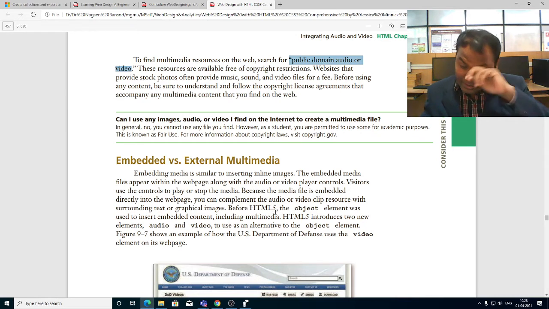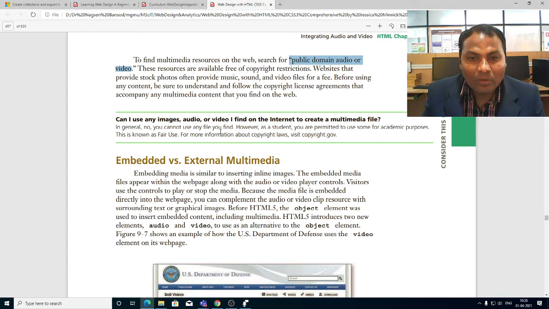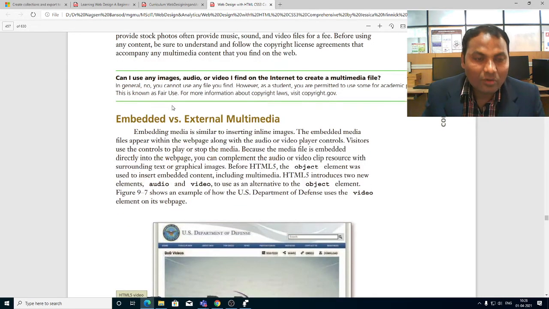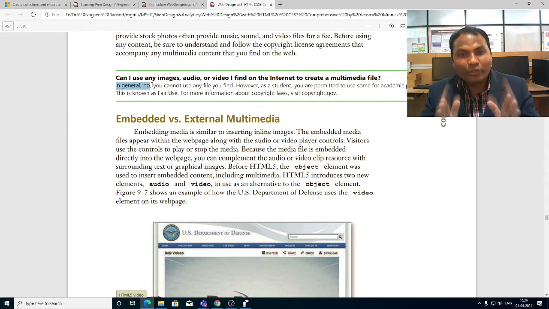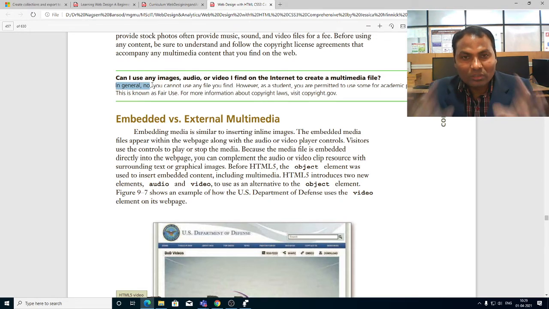There is a question: can I use any image, audio or video I find on the internet to create multimedia files? The answer to this question is, in general, no. You cannot use any audio video which you got from the internet.